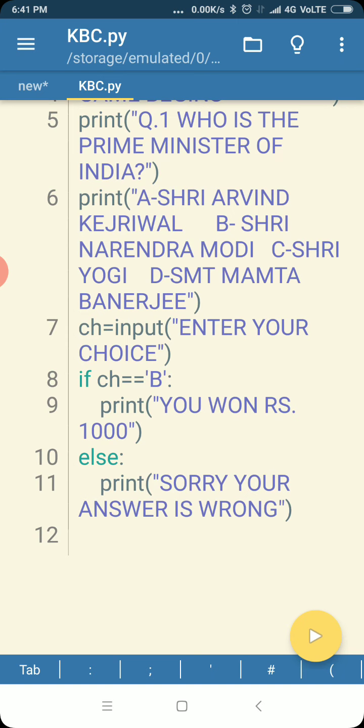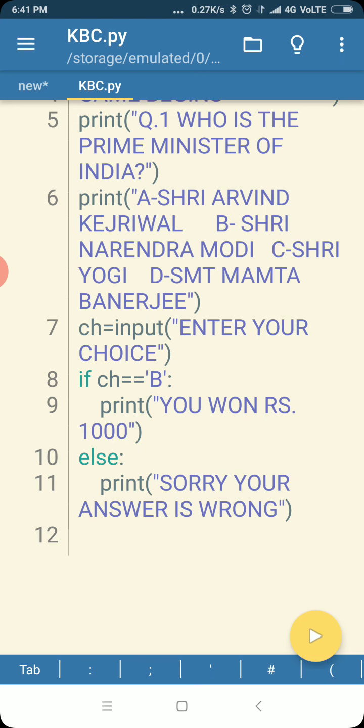Now here is the if command. if is a keyword which is used to check any condition. So here you can see we are checking the condition, and normally while checking the condition we use the double equals sign. So you all have done the if command, so you all know. Those who haven't done it, you can go through the videos in which it is explained step by step. Already all the topics have been explained step by step.